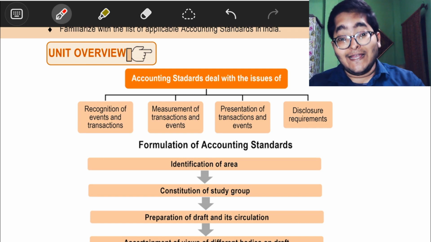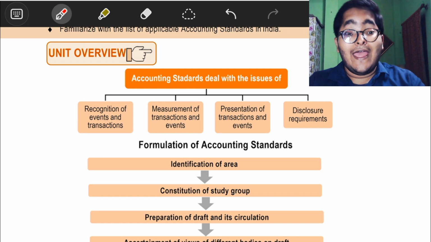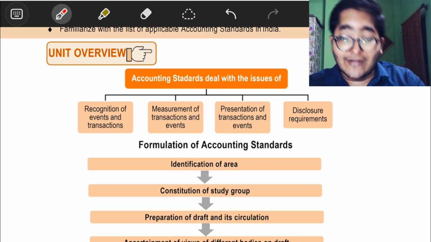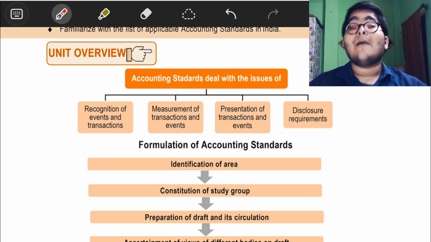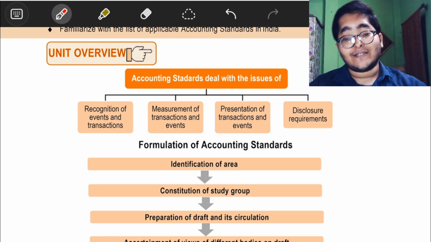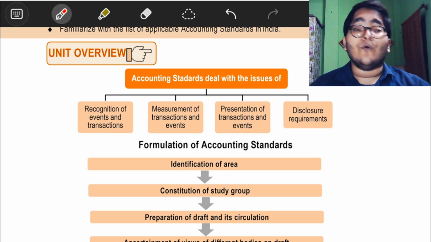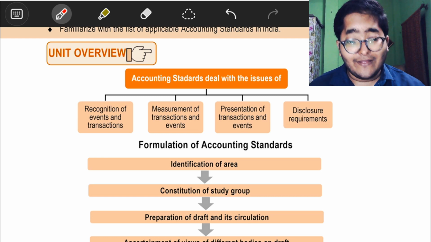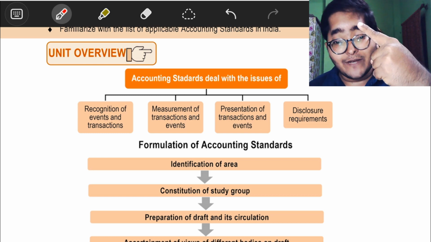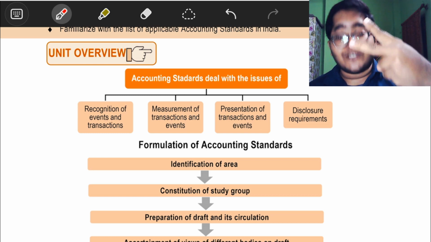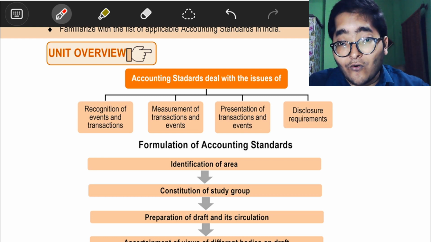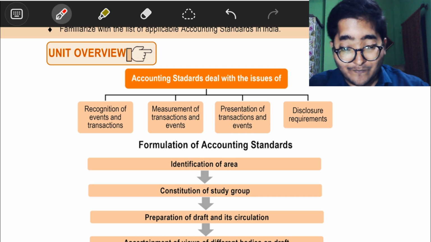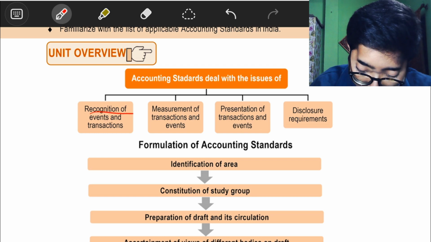Accounting standards deal with the issues of recognition of events and transactions, measurement of transactions and events, presentation of transactions and events, and the disclosure requirements. So, accounting standards deal with number 1, the recognition, number 2, the measurement, number 3, the presentation, and number 4, the disclosure requirements. Recognition